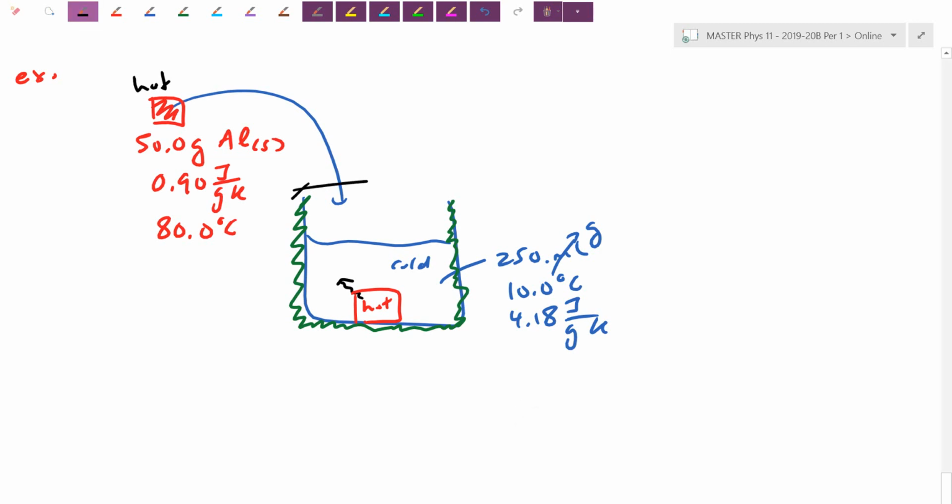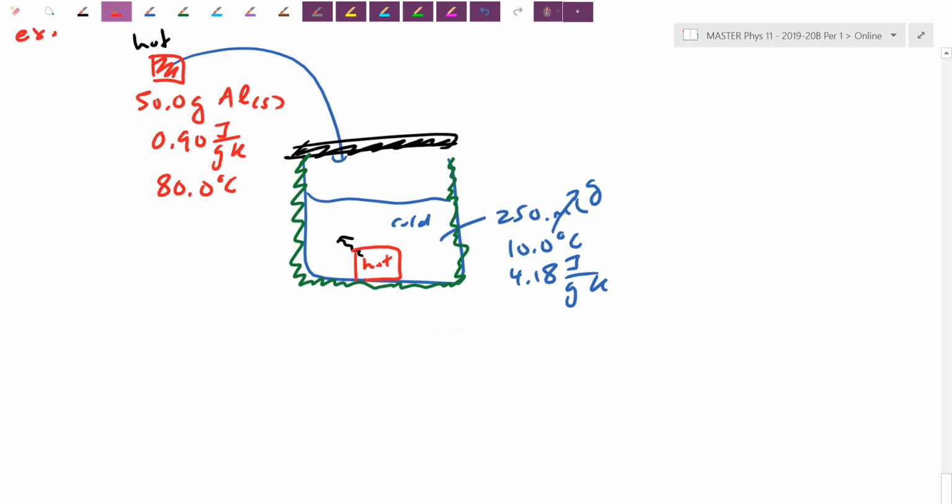We make this an isolated system, so although there is going to be heat transfer between the aluminum and the water, we're assuming that there's no heat loss to the environment, which is the main problem in some of these experiments. So based on these assumptions here, because we're dealing with some m, c, delta T terms, what we want to say is, well, the aluminum that's hot is going to end up losing energy. The heat that the aluminum loses, and comparing it to the heat that the water gains,